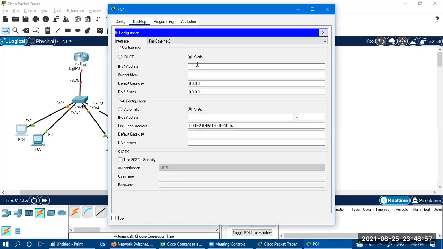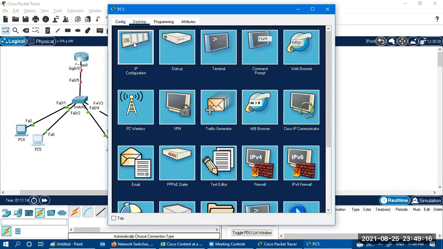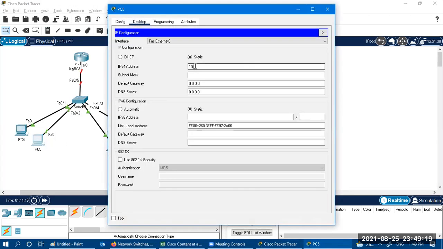On the first PC, I'm going to define the IP address 10.1.1.1, subnet mask 255.255.255.0, and my gateway is 10.1.1.100. In the same manner over here, 10.1.1.2, 255.255.255.0, gateway 10.1.1.100.